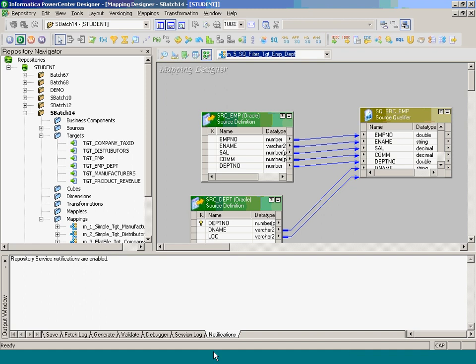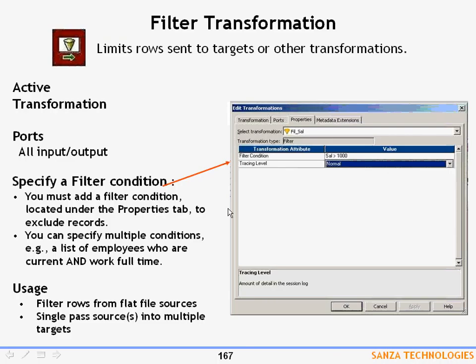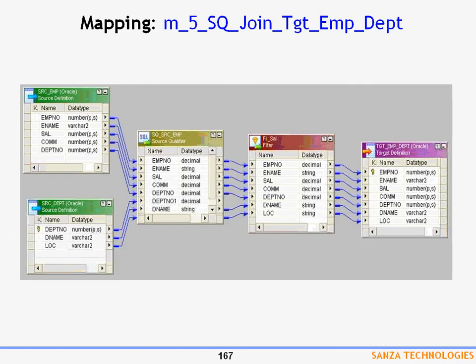The purpose of this filter transformation is to filter the data when the source is a flat file, or when your source is relational also, you can use filter transformation. You can write multiple conditions in this. And also this filter transformation is used when you want to load data into multiple targets. So in this mapping, which we have done yesterday,